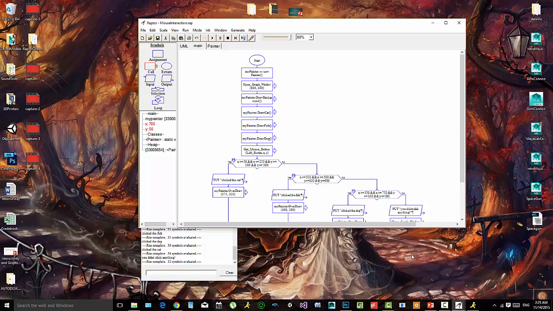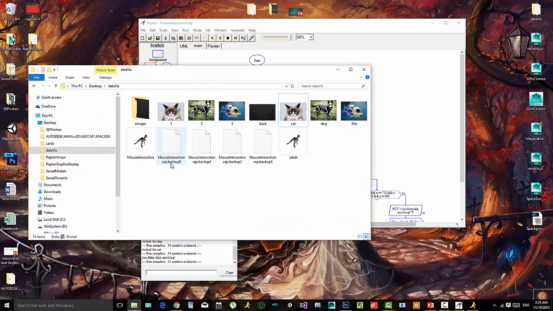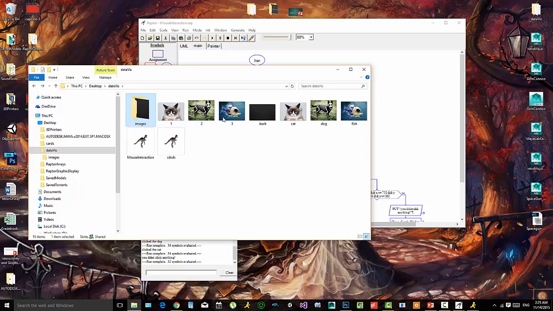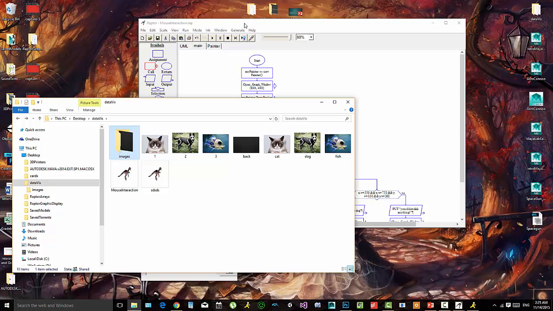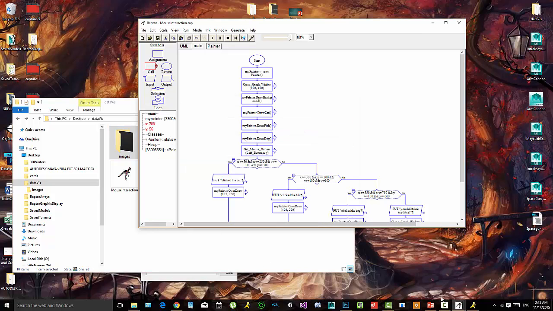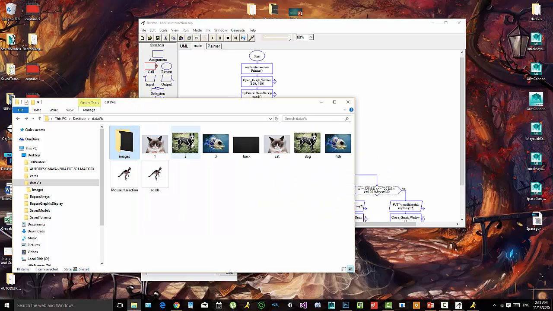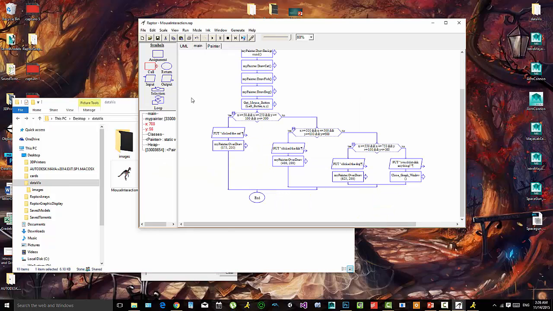I think I mentioned actually using a draw or an array to actually do some of this, so we'll go over that as well. Now, if you looked at my folder, I actually have some that were just labeled 1, 2, and 3. Now, the reason I have these named 1, 2, and 3 is because I could maybe use an array and a loop to draw these images. Okay,